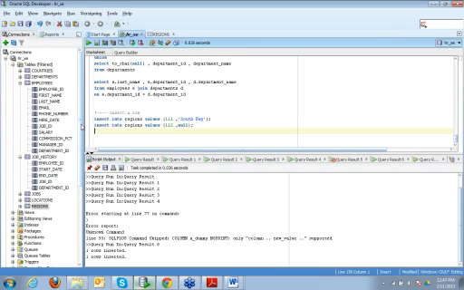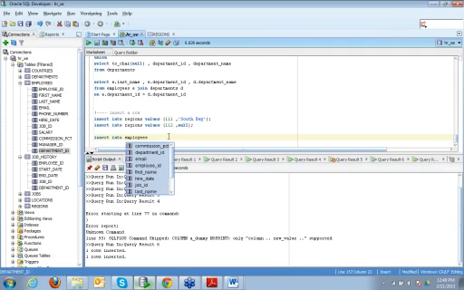Now let's say I want to insert an employee, and it is using department ID as the foreign key. So there has to be that department ID present if I want to insert an employee. So let's see what happens if I try to insert into employees. Here I don't want to write all the values, so I can change the order if I want, but I have to mention what order needs to be given.